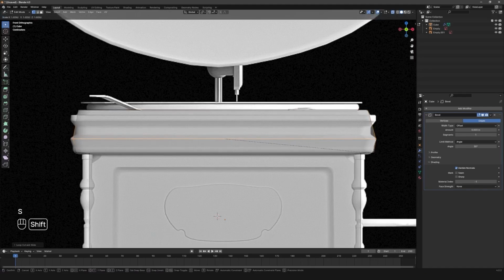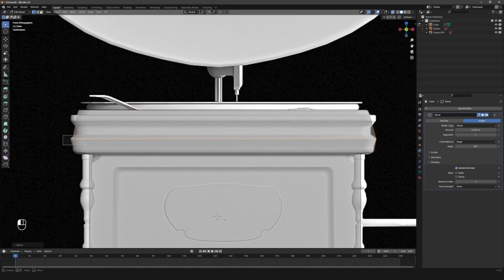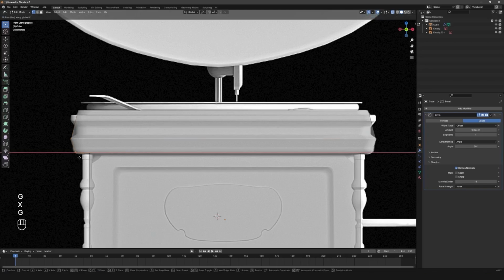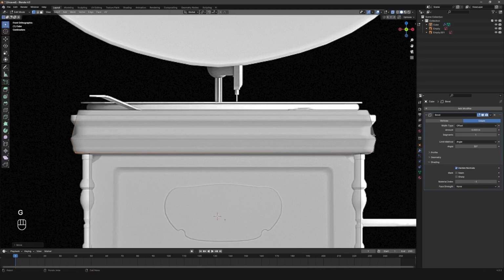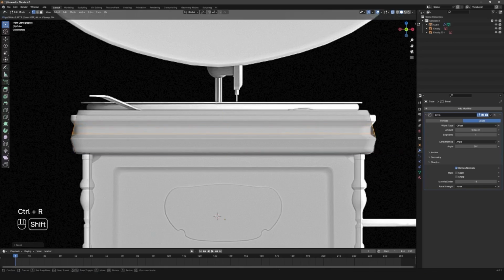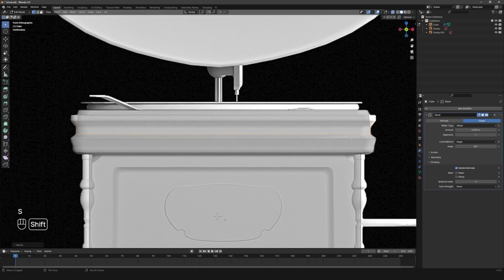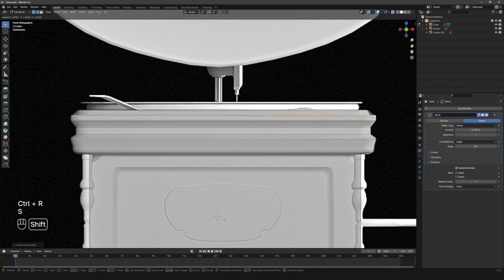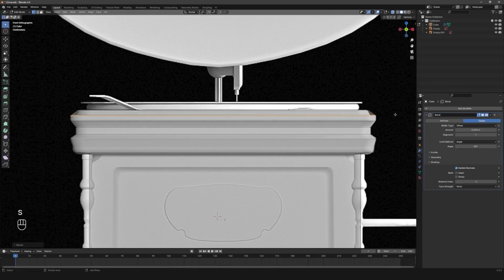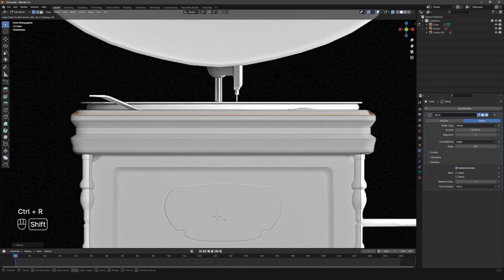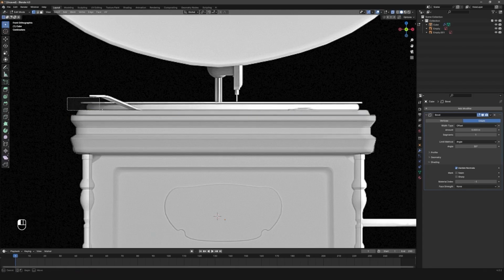Again, scale it up like this. And now I'm just doing the same steps again and again. It's adding different edge loops by pressing Ctrl plus R and then just scaling them inwards or outwards depending upon